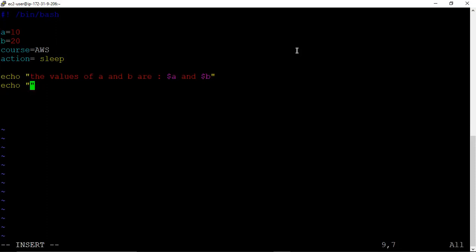Next, suppose we echo: my course is, and here we have taken course AWS. In order to print AWS, we write $course. Here we have to use small letters, because variables are always case sensitive.